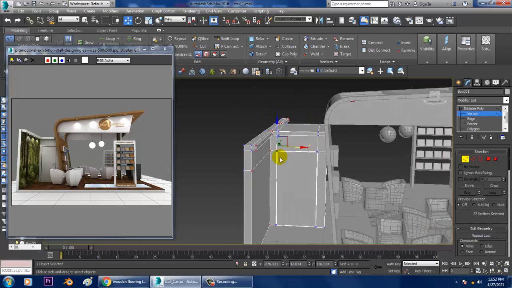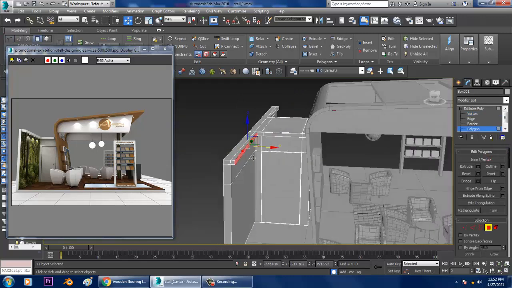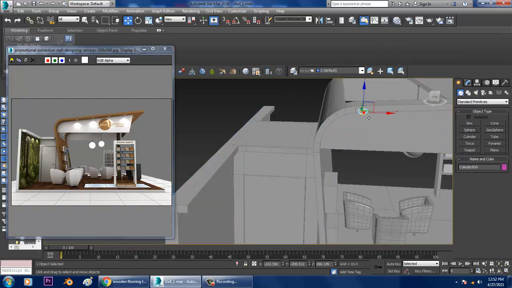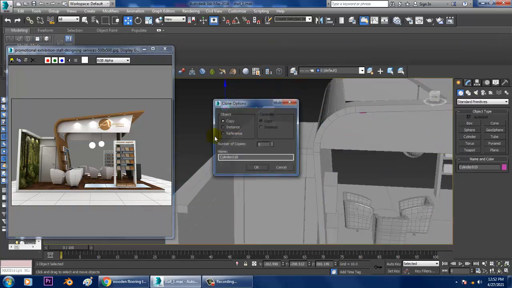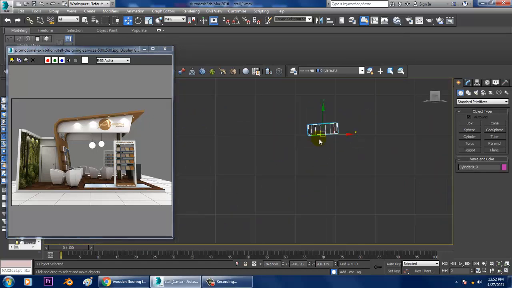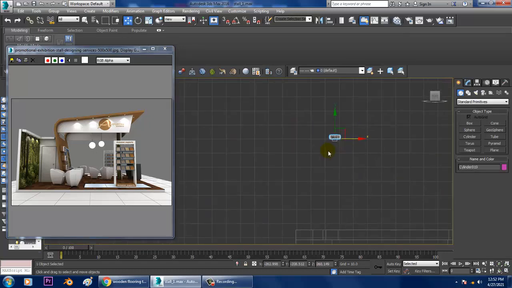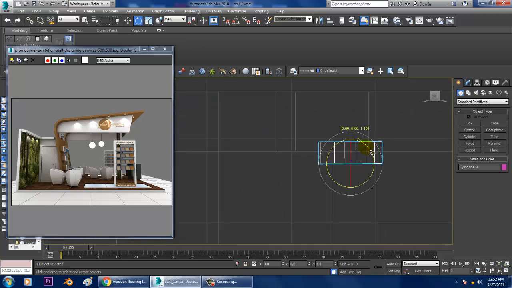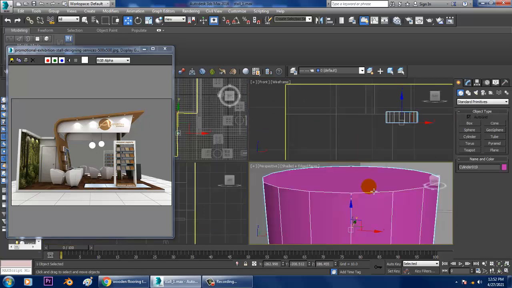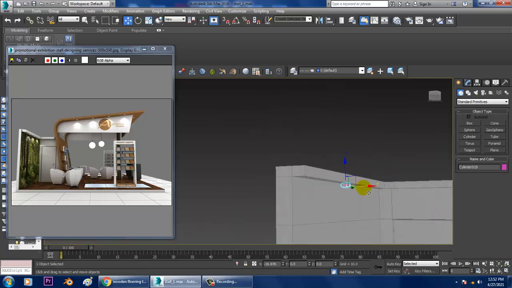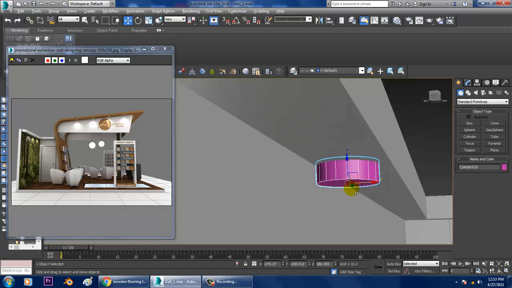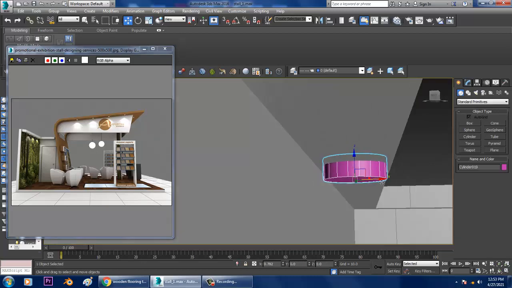Or else you can just select this and slightly shuffle it further. Select this, press shift and drag to duplicate it. Let's go over here and slightly rotate it, and duplicate it, slightly scaling that over here.